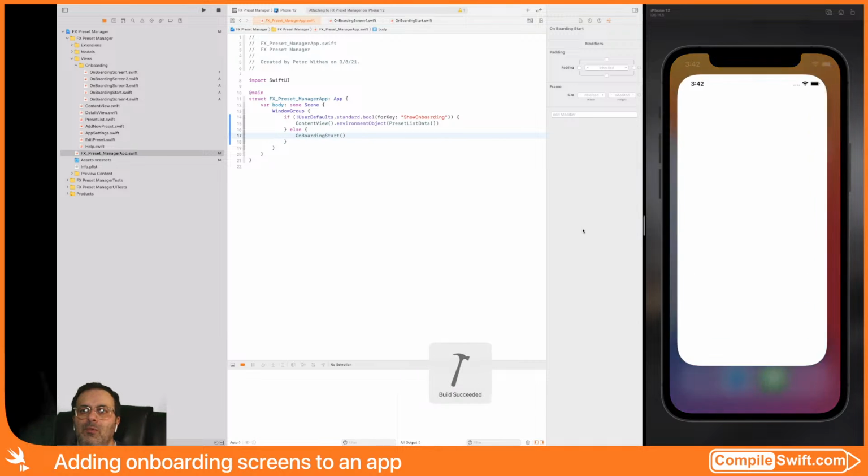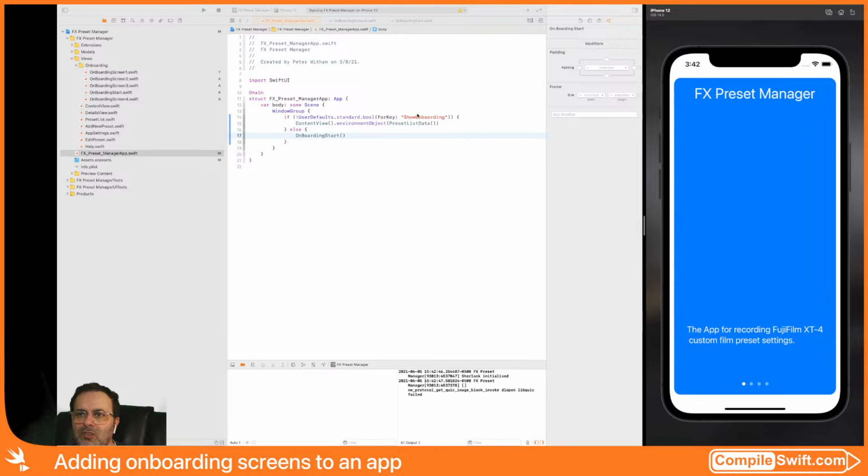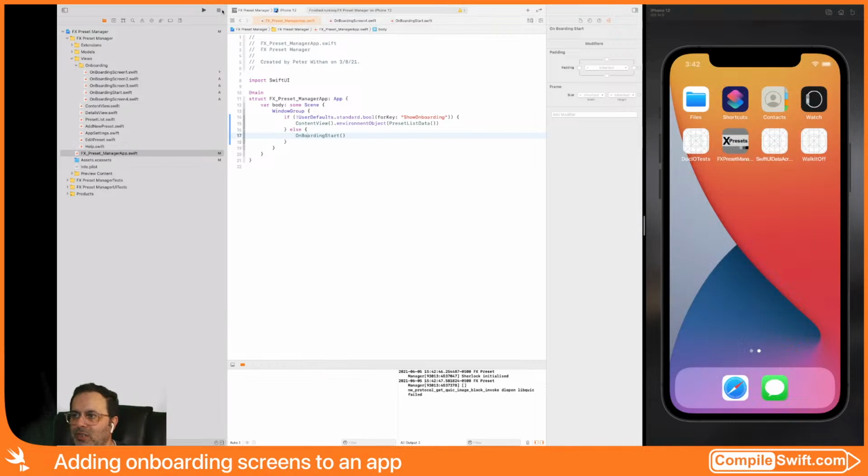So when we run it now, we should see the onboarding, right? First of all, because this doesn't exist, right? Our preset, our user default doesn't exist, so we go through and we get the screens. All right,